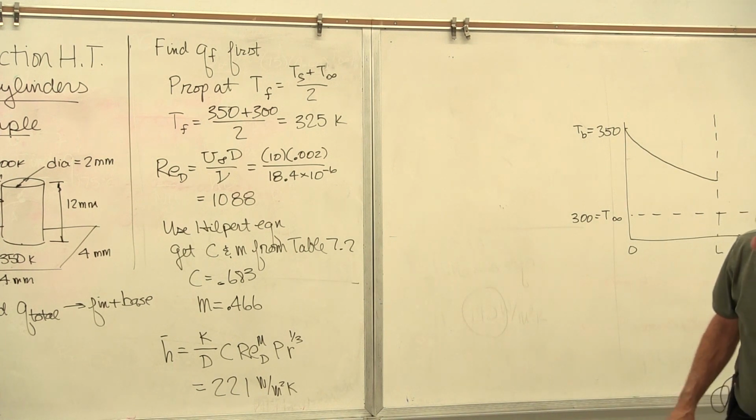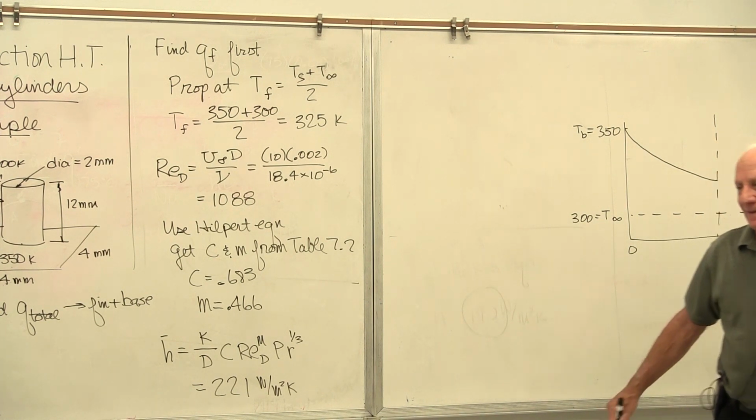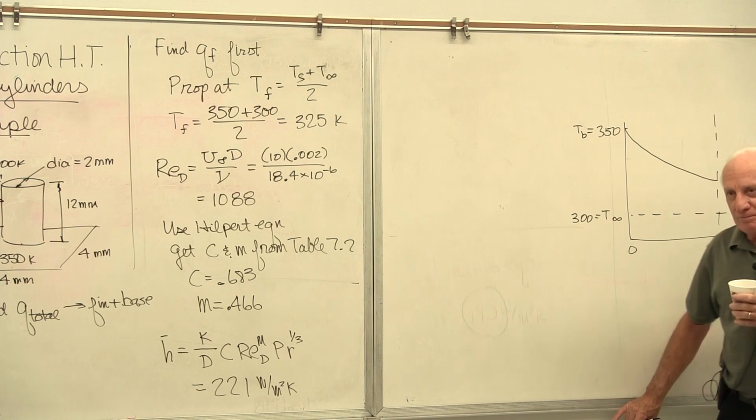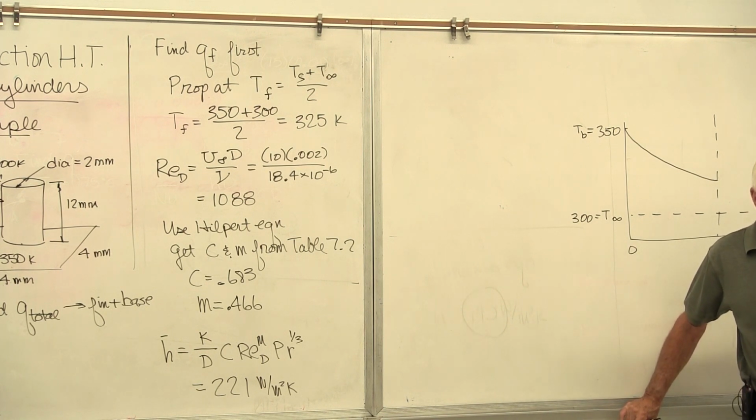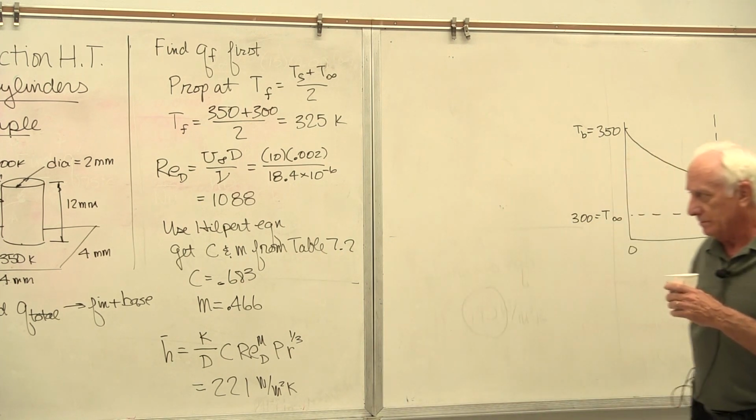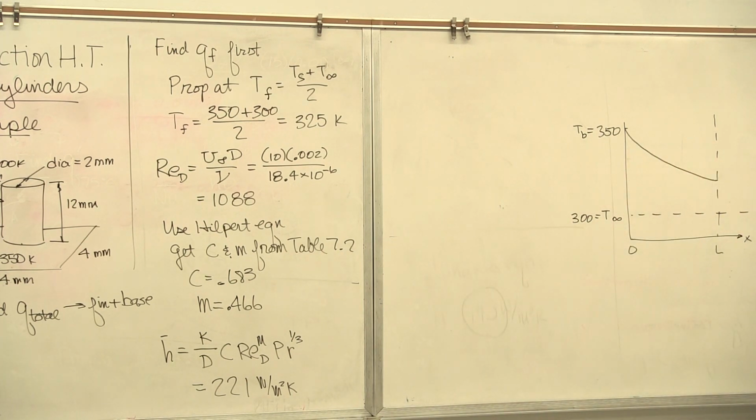Okay? All right. Now we're done with chapter 7. Now it's a chapter 3 problem. How do I solve a fin, circular pin fin stuck to a base where H is given to me? Because I know H now, it's 221. Chapter 3 before, we had to be given H. We couldn't find H.